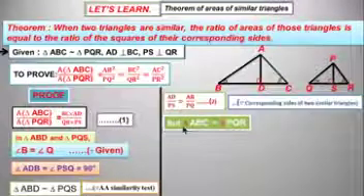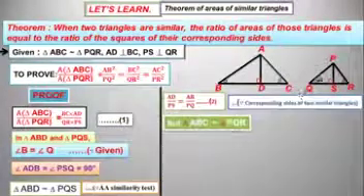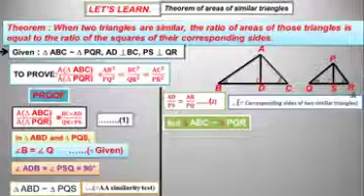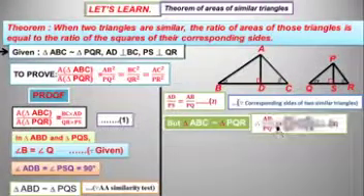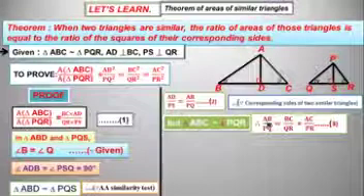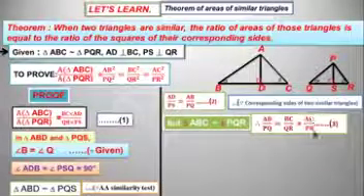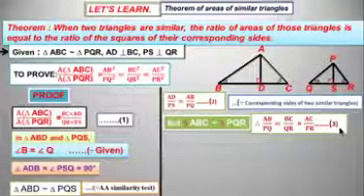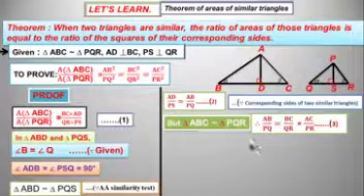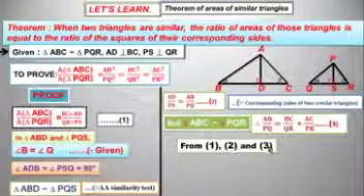But triangle ABC is similar to triangle PQR, that is given. Therefore, AB divided by PQ is equal to BC divided by QR is equal to AC divided by PR. This is statement number 3. From 1, 2 and 3: